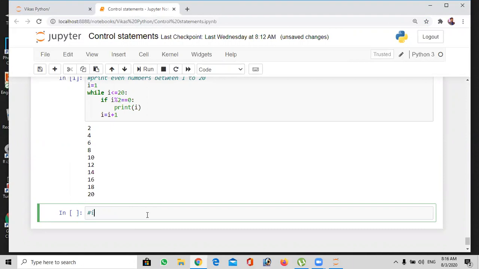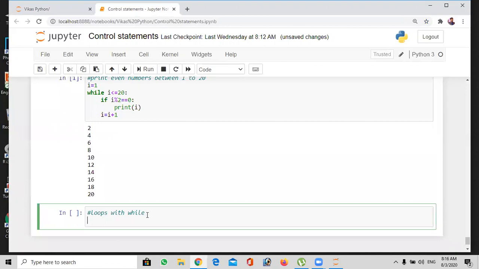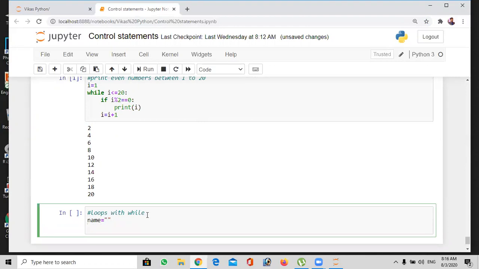Total infinite loops with while. I'm just asking the name. I'm simply taking a name as empty here.